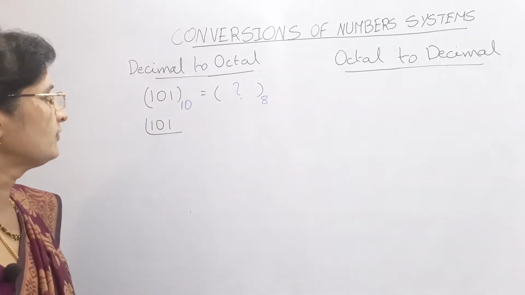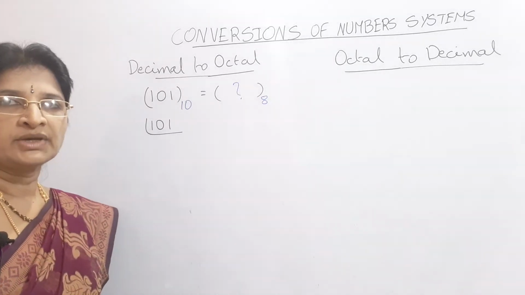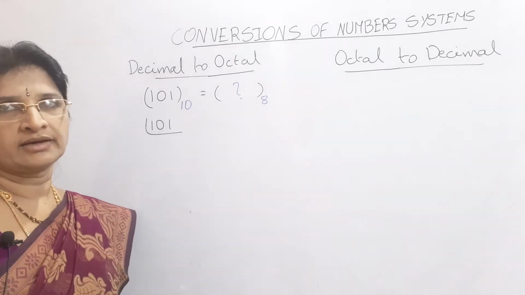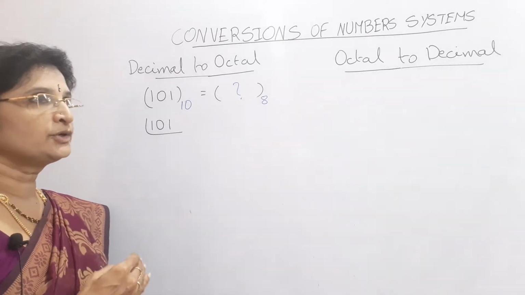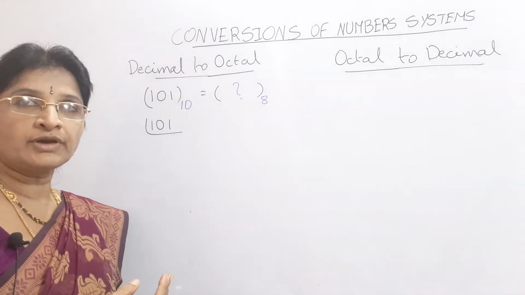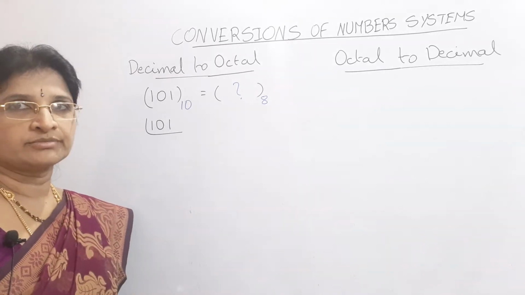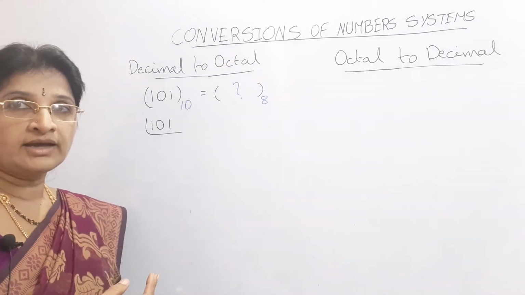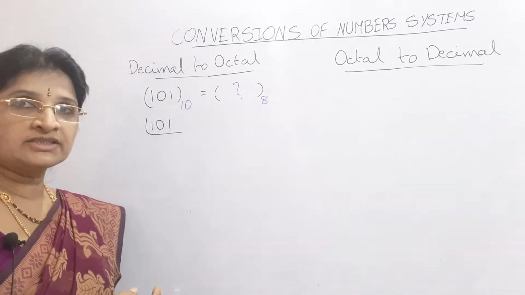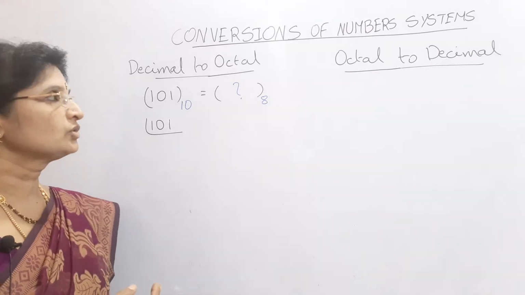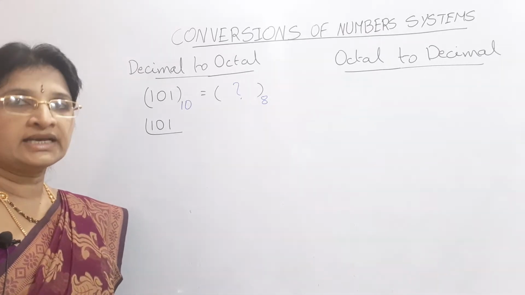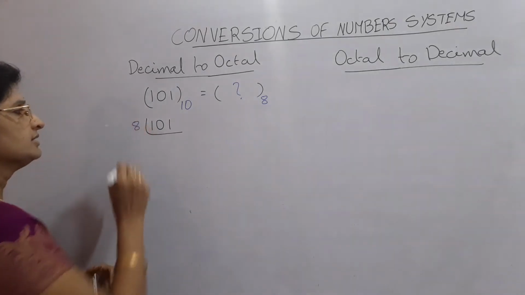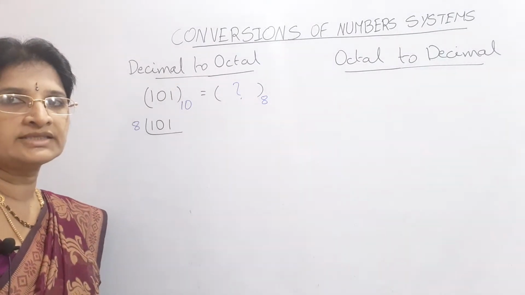First of all, with what number do we have to perform the LCM? Into which number system we want to convert, that number system is the primary here. So now you are converting from decimal to octal number system. Here decimal is the default and octal is the conversion number system. What is the base of the octal number system? It is 8. So that's why you have to consider 8 as the base value and find the LCM with 8. This is important.